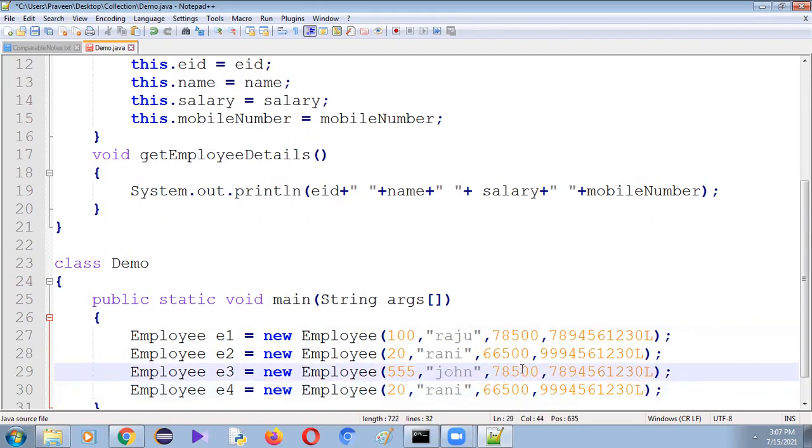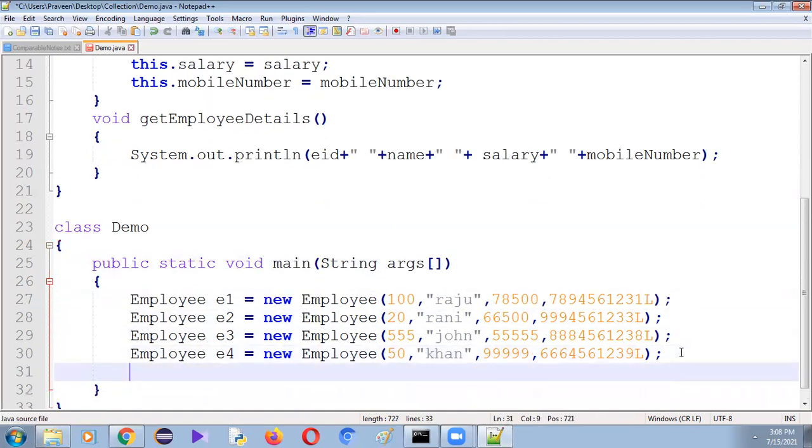John, 55500. These are the employee IDs, employee names, these are the salaries, and these are the mobile numbers. Right, so here we created 4 employee objects.